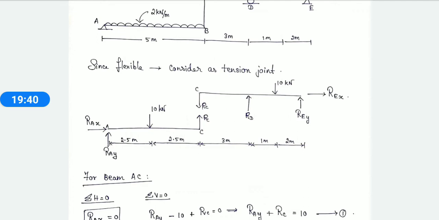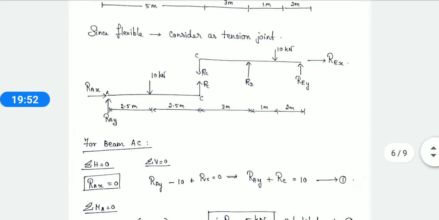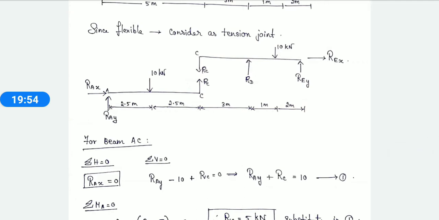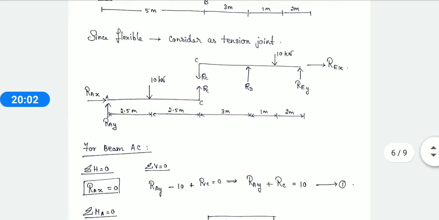We are going to follow the same method, but the condition is that we are going to separate it into two different beams. One beam is from A to C and the other beam is from C to E. Same conditions. I hope you all now know how to calculate your reactions. So I'll tell you for this problem, so you can similarly do the other problems.